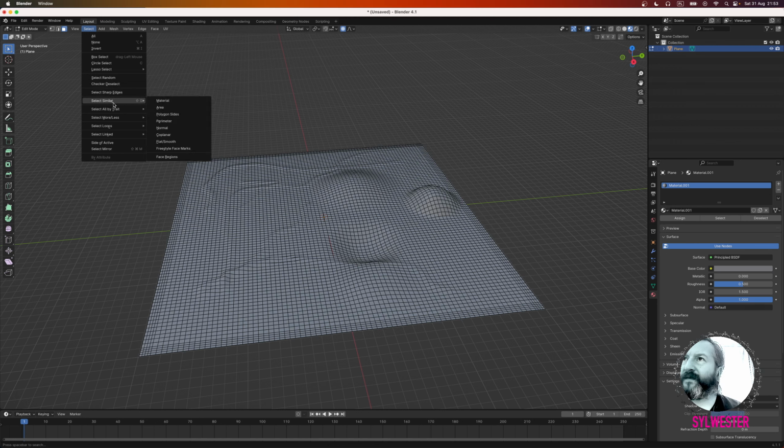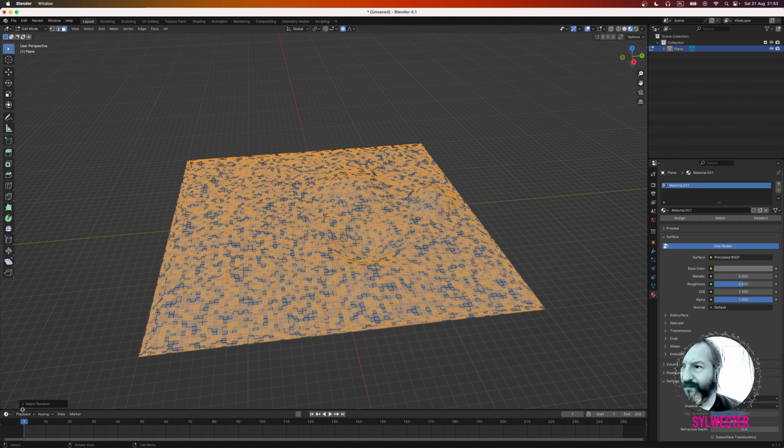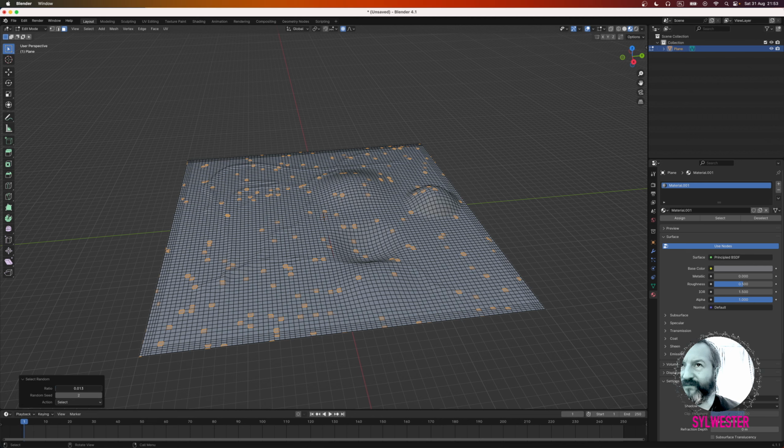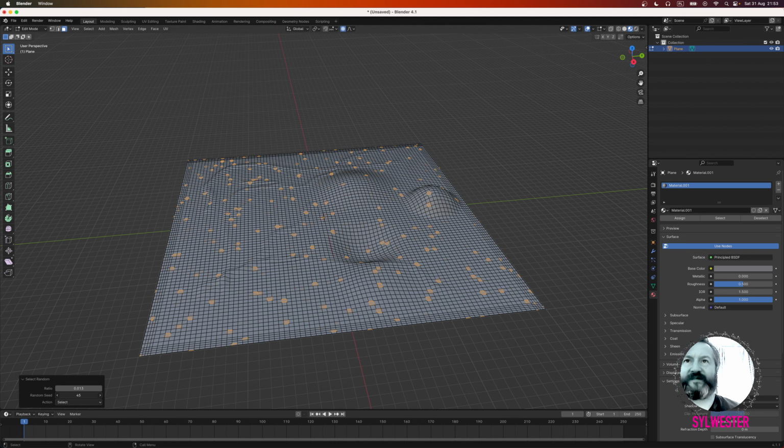So if I select randomly, we can change the ratio, so only a few of them, and we can actually play with the seed. So something like this. Or we can even select using a circle select. So it's just adding,